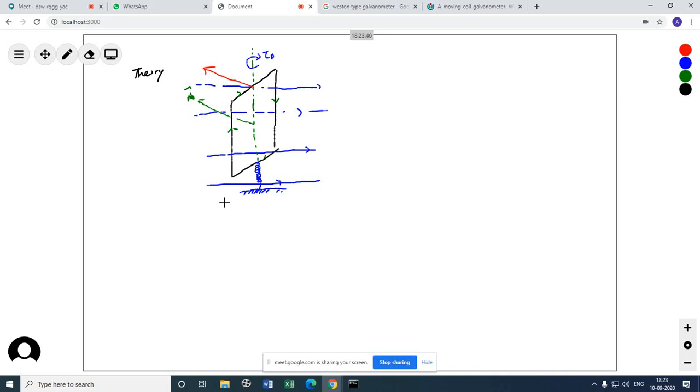Okay, at the same time this phosphor bronze spring is also twisting. As it twists, it will try to give a restoring torque. Restoring torque will be in this direction at equilibrium. So when the needle comes to stop at one particular angle, 30 degree or 20 degree, let's say if the needle stops at 20, at this point what can I say? The restoring torque and the deflecting torque are equal, right? Yes, sir.